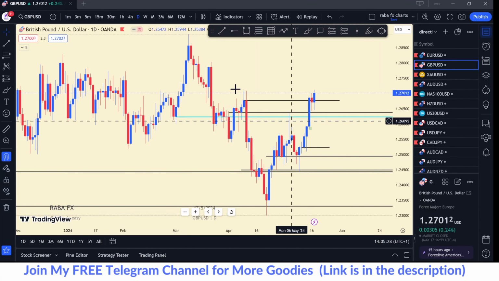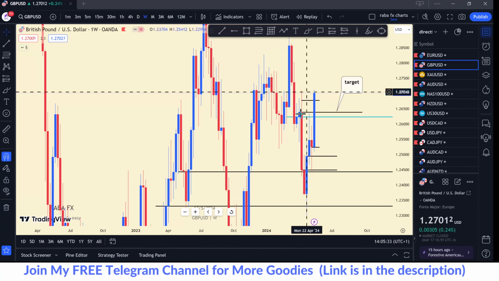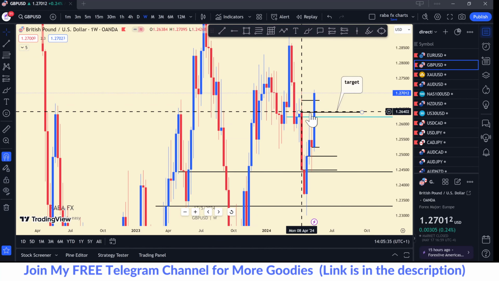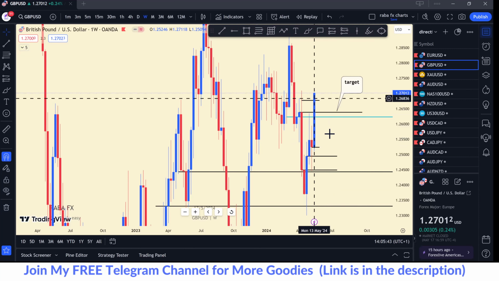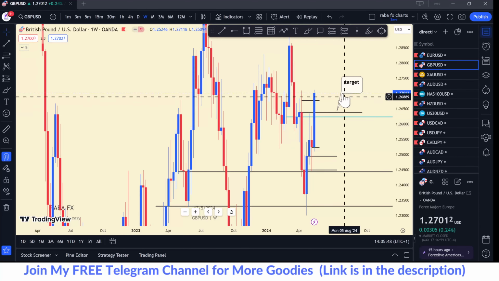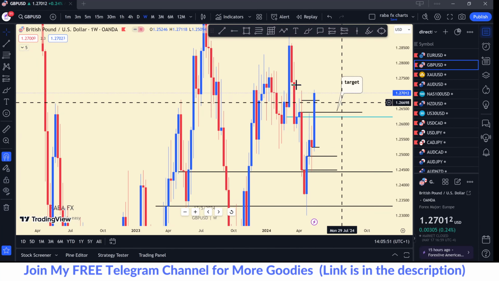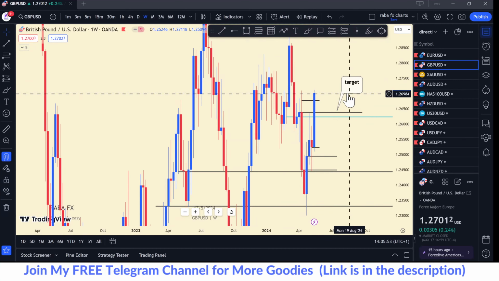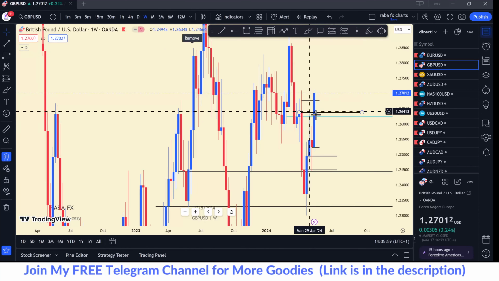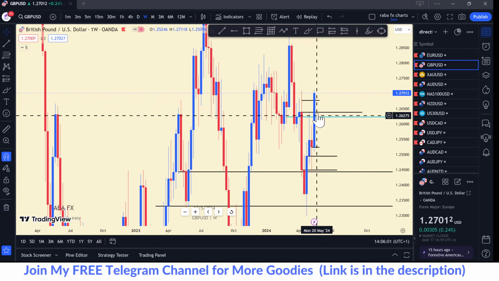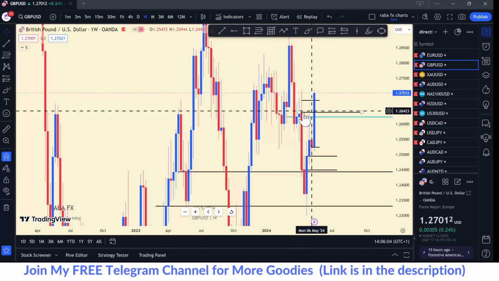Last week I said that the market was heading towards this opening price, and then potentially we might see price sell down. Let's go back to the weekly. From this, we can see that at the end of the week, this was the target here. But as you can see, price did not reject of this. Instead, price closed above it.